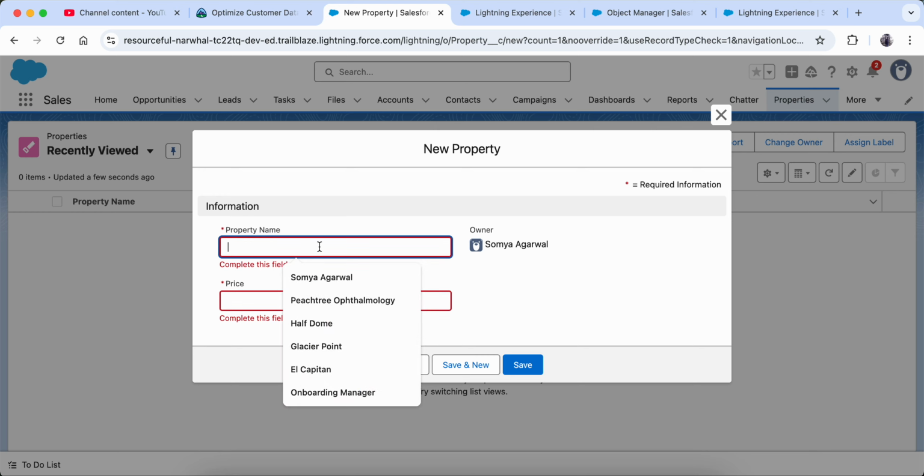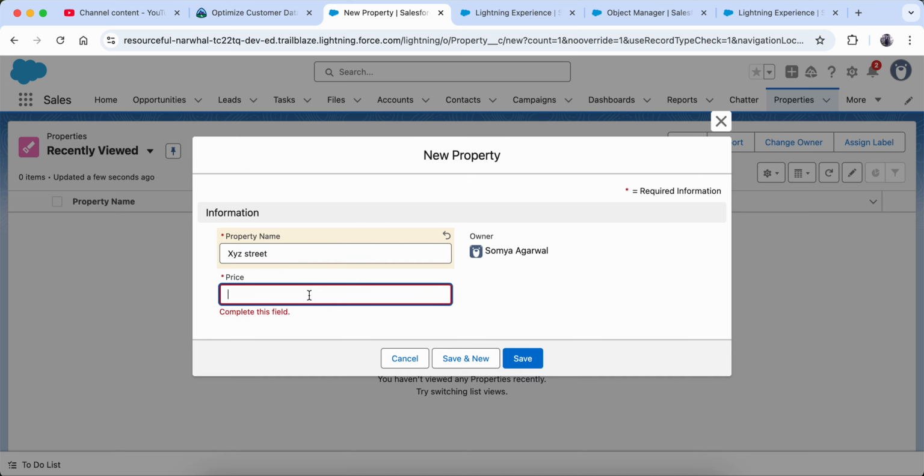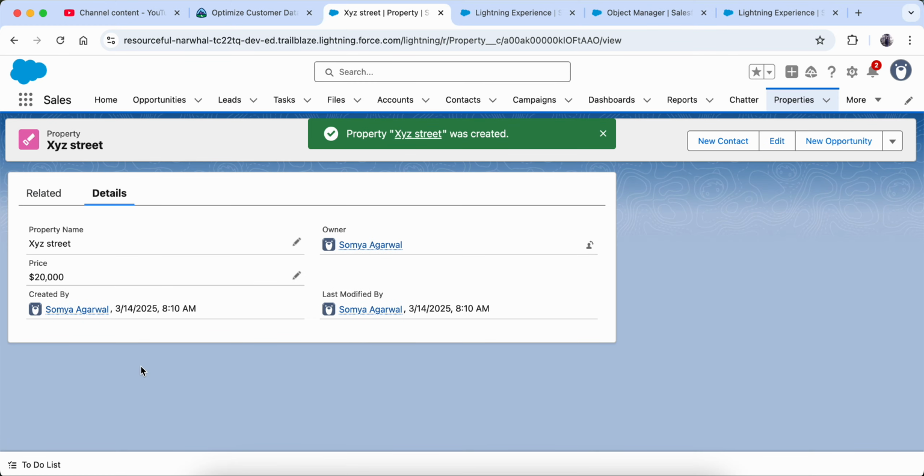For now I'll just give a name like xyz street, any name. And then price, suppose I gave just 20,000, and then I'm going to save it. Okay, so this is a property record being created.